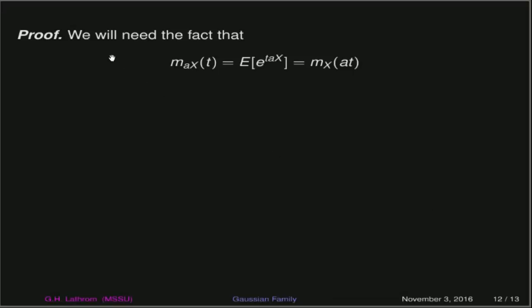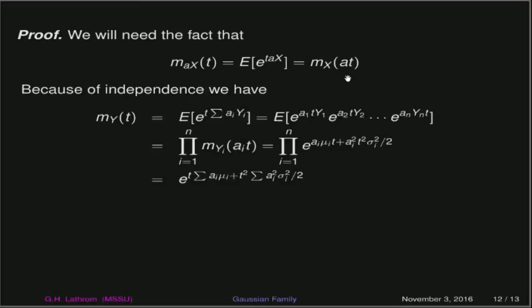So let's see why that might be true. Okay, so falling back on something that we talked about in our video on moment generating functions, so if you need to go back and review that, please do. If we have a constant times our random variable, then how that impacts the moment generating function is that we take that scalar and we just move it inside to become a times t of our usual moment generating function.